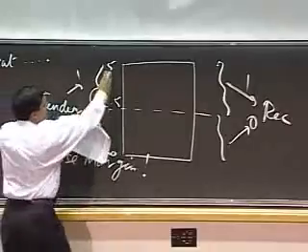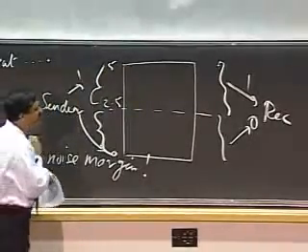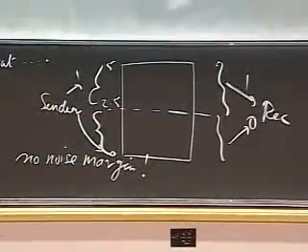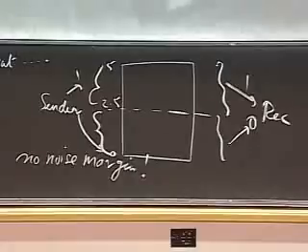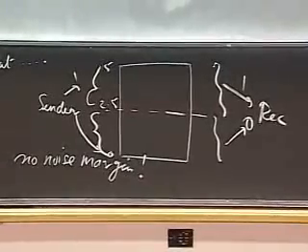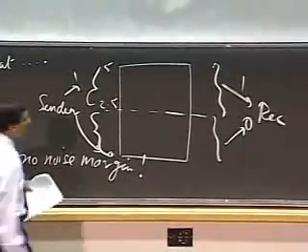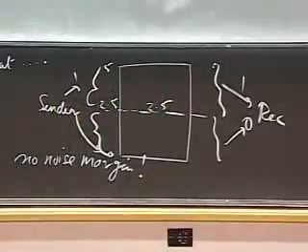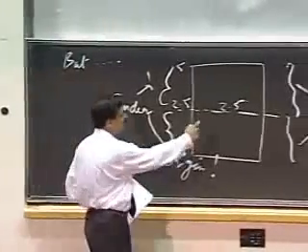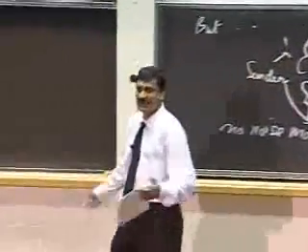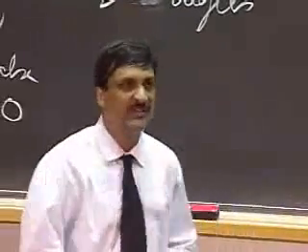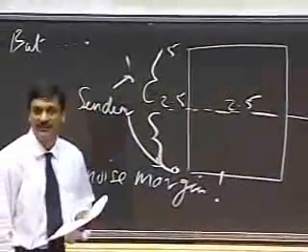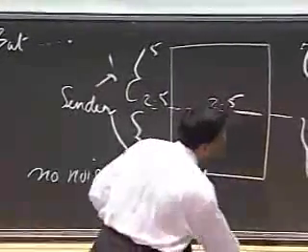Because if I allow the sender to send any value between 2.5 and 5, then what if I send a value of 2.5 for a 1, and then I may end up getting very little noise margin on the other side. Worse yet, what if the receiver receives a value of 2.5? That's a much worse situation. Now what? What does the receiver do? The receiver cannot tell whether it's a 1 or a 0. The receiver gets hopelessly confused.